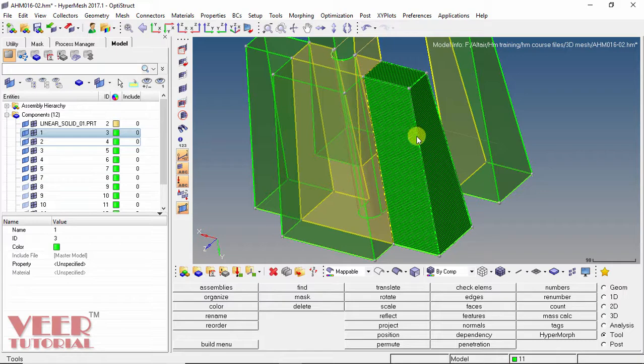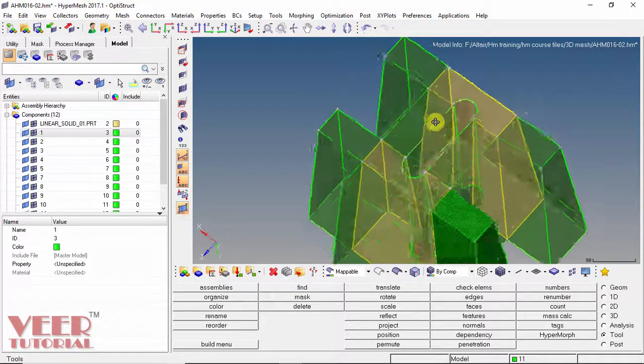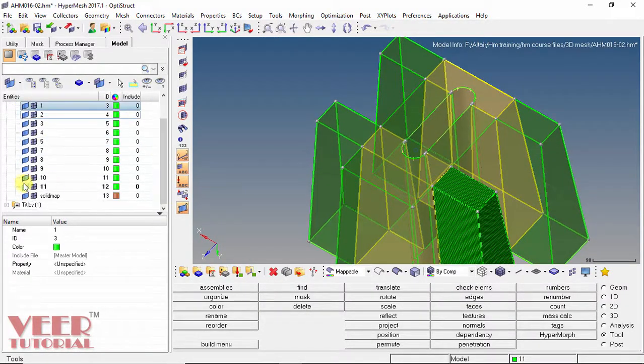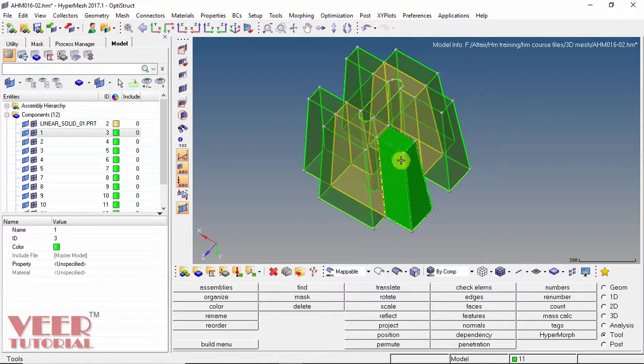Then turn on more surfaces, and now we have to do the meshing of the surfaces that are attached to it. So next surface we can do the meshing, and now one more thing we can see in this geometry: the geometry on all the 4 sides is similar, so we can do the meshing on one side and then we can copy that meshing to the other sides. So it will really save our time.